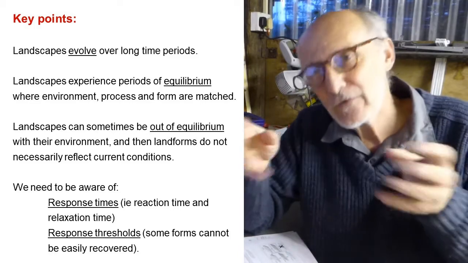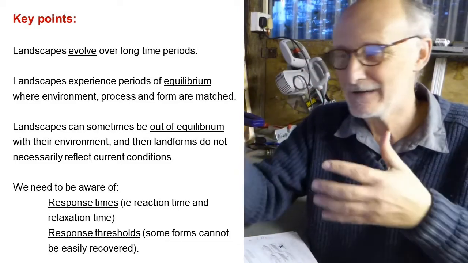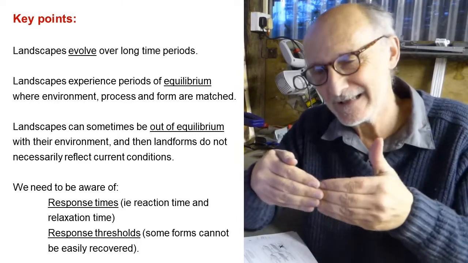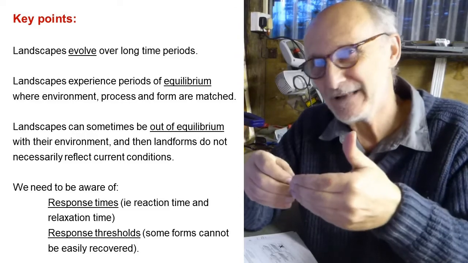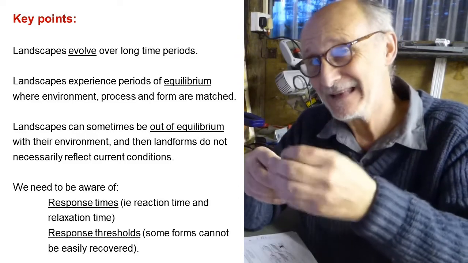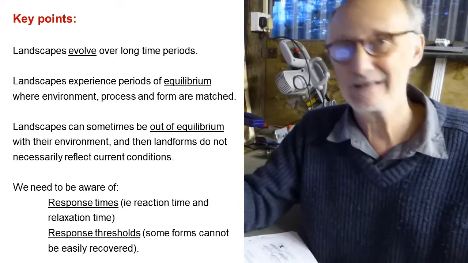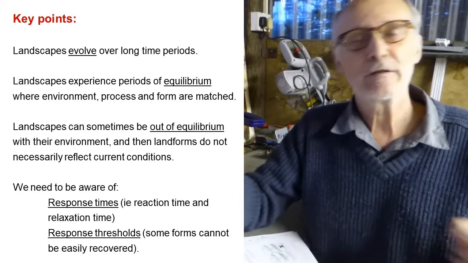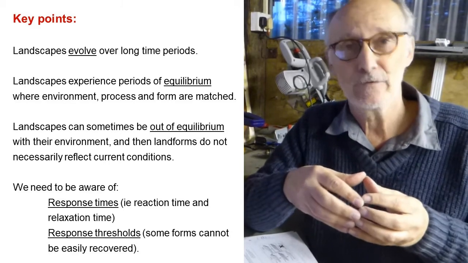Equally, if you increase river power just a little bit, or you change the climate or increase the rainfall rate just a little bit, that might not be enough to make a difference. You increase it a little bit more, still might not be enough. Increase it that little bit more and you cross that threshold and whoosh, suddenly everything starts happening. So that's what I was talking about previously about non-linear responses.